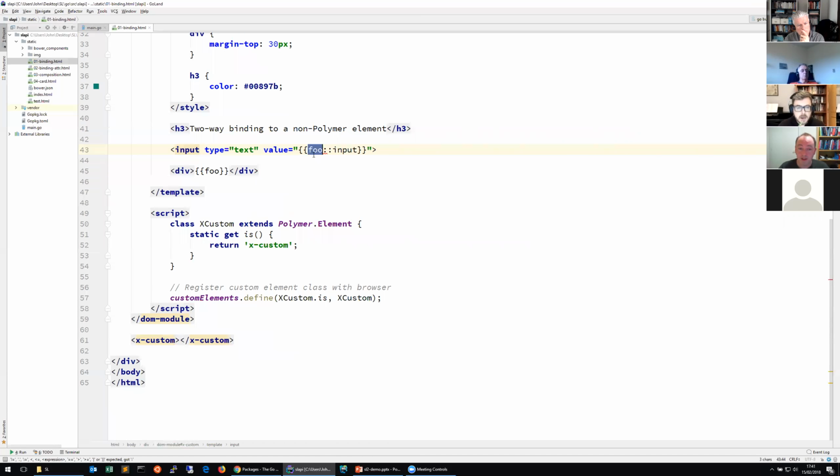So foo is a variable, and foo is listening to the input event of a bog standard text element. Nothing fancy. And whatever is put inside the foo variable, the foo will be surrounded by an observer. So any templates that are listening on that will stamp that out in the shadow DOM as well. So if I run this